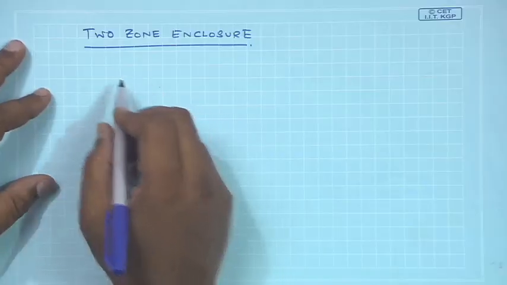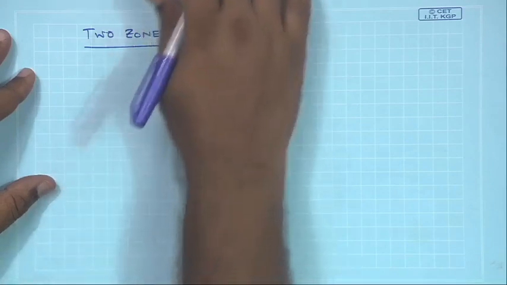for a very simple case, which is a two zone enclosure. So, you have two surfaces which are forming an enclosure, and we would like to find out what is the net heat exchange between these two surfaces which are forming the enclosure. So, let us look at how this would look like. It is a two zone enclosure,